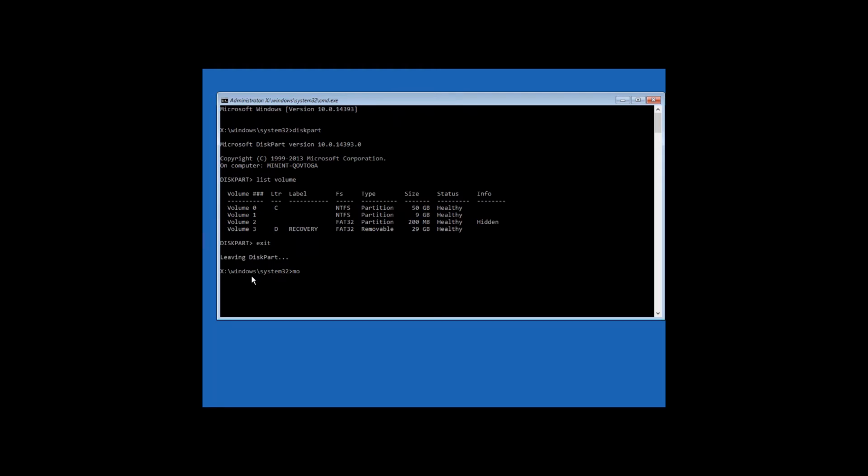move C:\Windows\System32\utilman.exe C:\Windows\System32\utilman2.exe. Press Enter and follow it with this command: